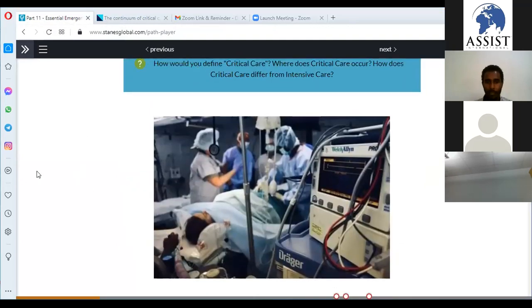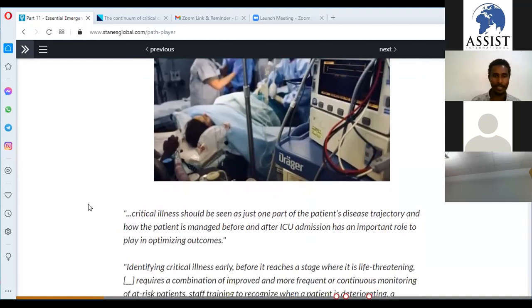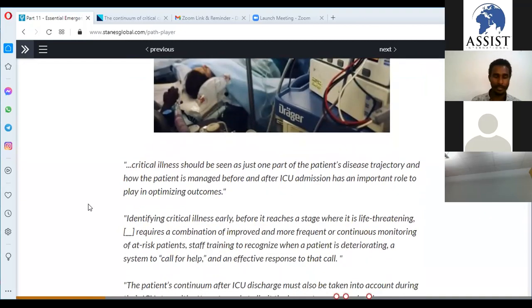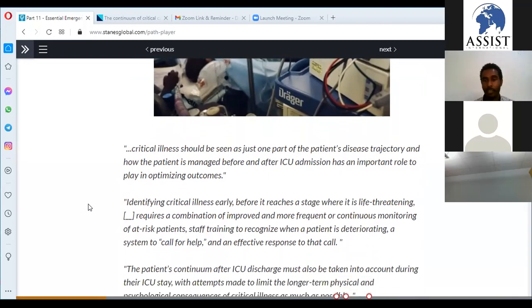Let's proceed for the sake of time. So critical care, you can see from your screen that critical illness should be seen as just one part of the patient's disease trajectory, and how the patient is managed before and after ICU admission has an important role to play in optimizing outcomes, starting from how the patient is cared for in the emergency department, and how the patient is transferred to the ICU, as well as how critical care interventions are provided in the ICU, and how the patient is followed after ICU discharge for further rehabilitation, will affect the patient's outcome